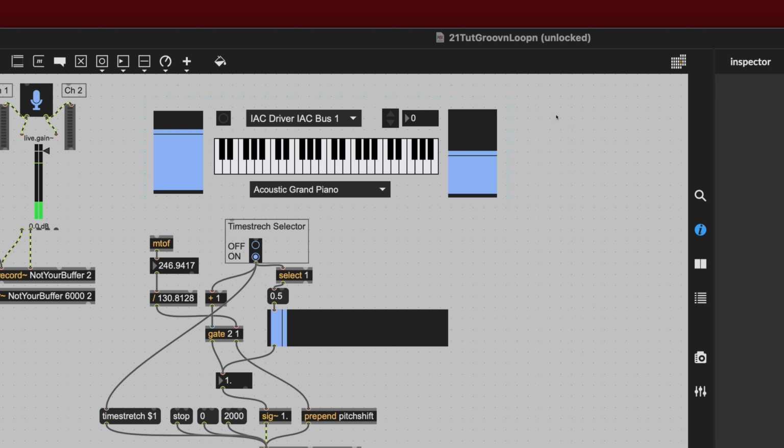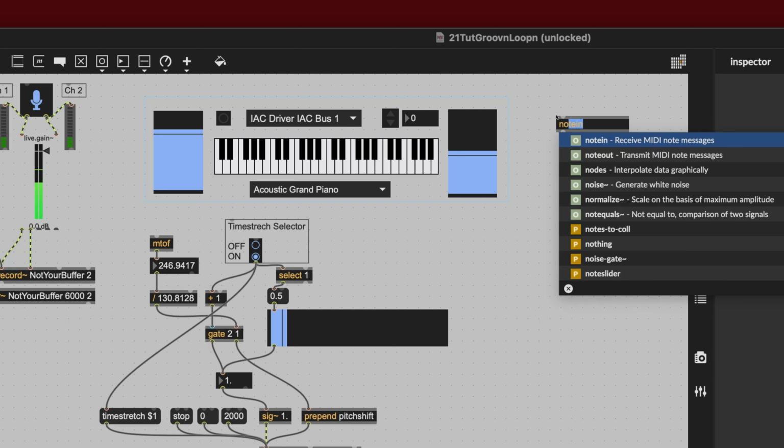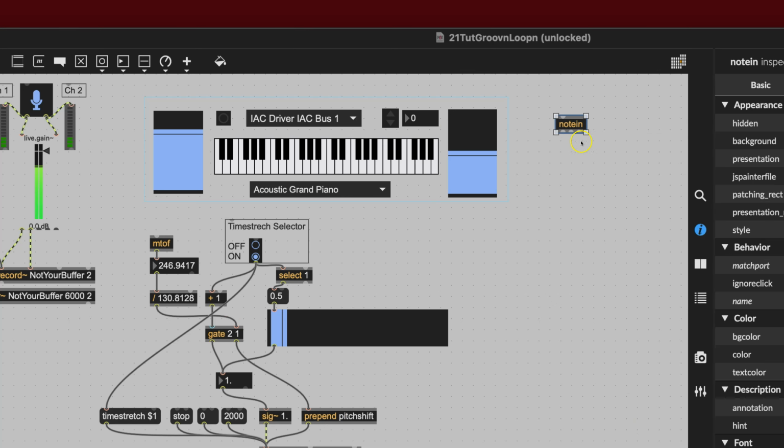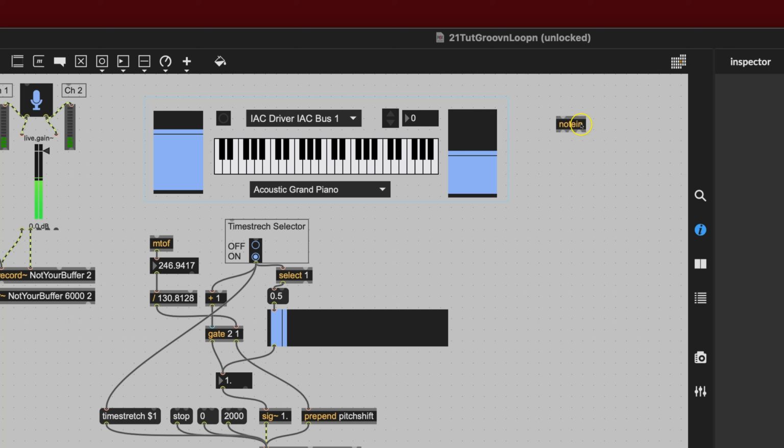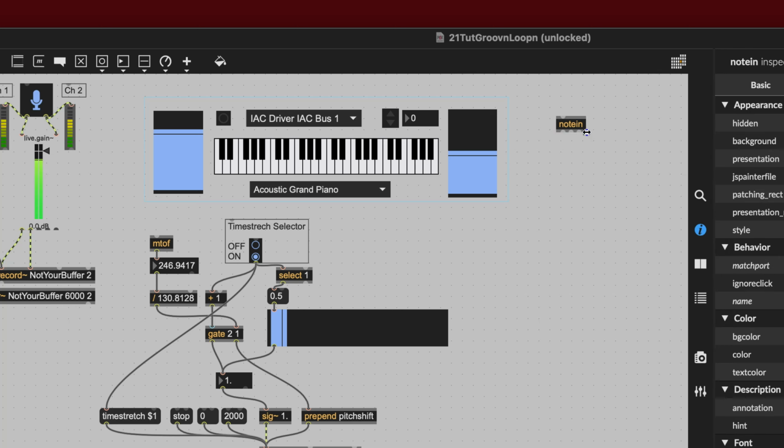Unlock your patcher, and you say new, type the letter n, and then you write notein, because that will just have the notes come in. And there, whoa, where's my mouse? It's lost. Hello, mouse. There it goes. Sorry, actually that was my computer just sort of freezing up. Okay, so notein is going to come in,